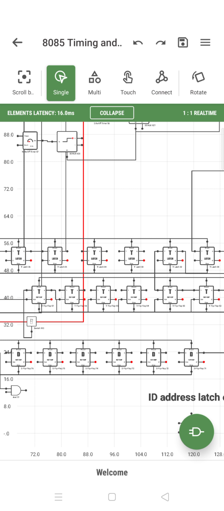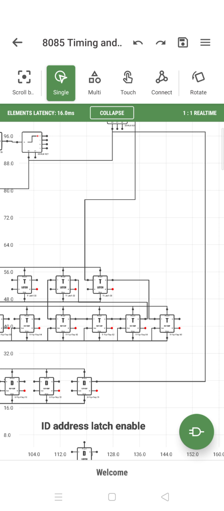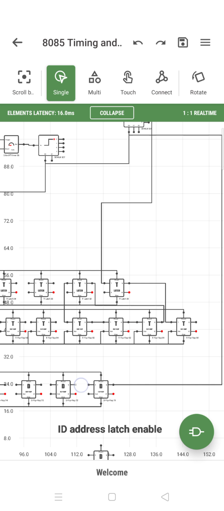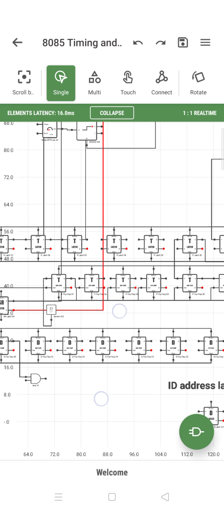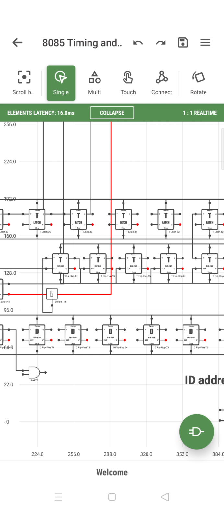Then the machine cycle is given to the timer, and from the machine cycle the control circuitry signals are sent to the different parts of the registers, different parts of the bus elements, or different parts of other things within the microprocessor. Once the operation is done, the status comes back. That status comes back and gets stored in the data register. Okay, this is the basic cycle of how things work.